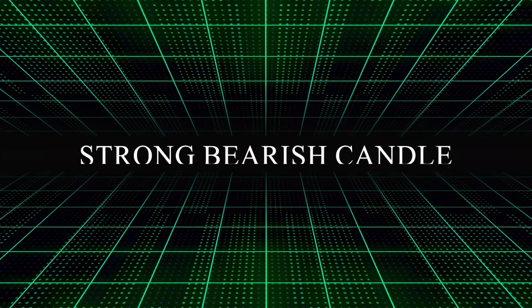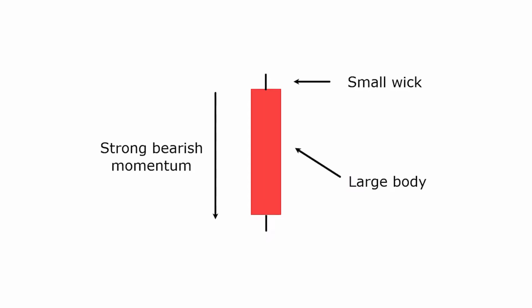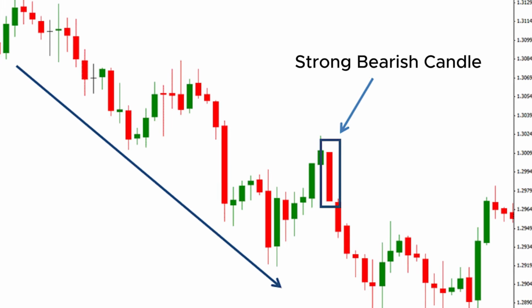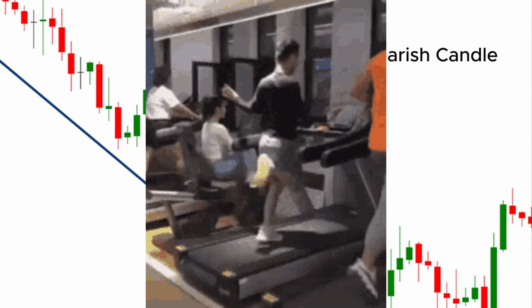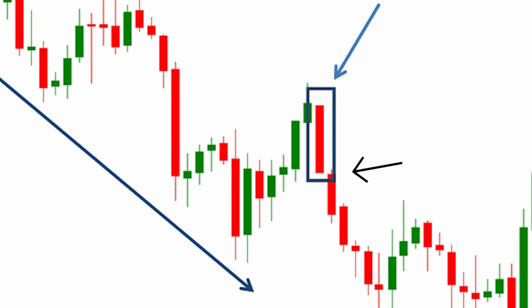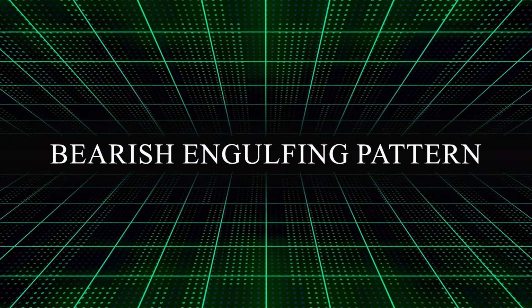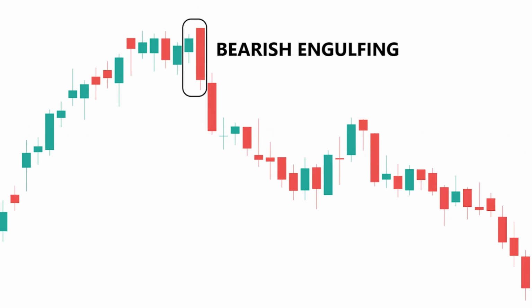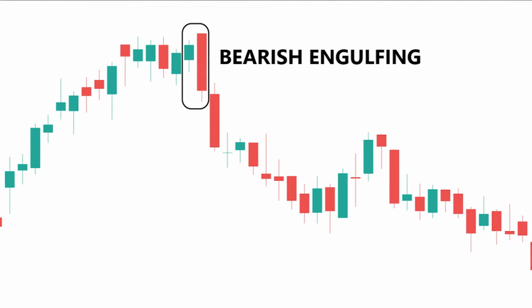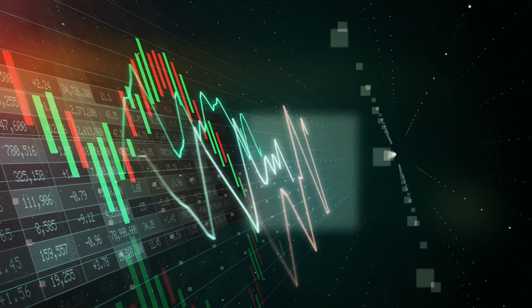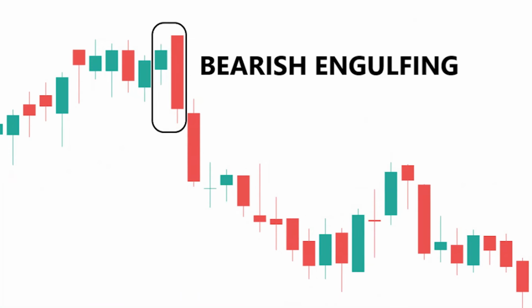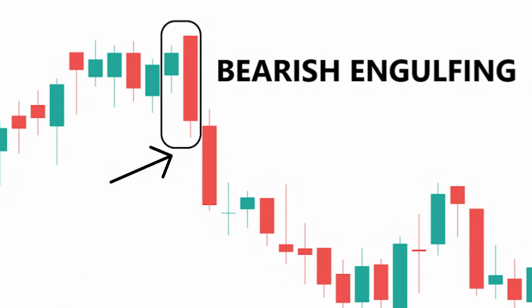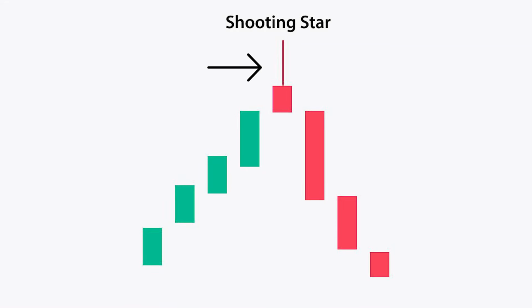Strong bearish candle: a big red candle with a thick body and small wicks. It shows strong selling pressure after the retest, like everyone suddenly realizing cardio isn't optional. When to enter? Place a sell order just below the low of this candle. Bearish engulfing pattern: a two-candle pattern where the second candle, red, fully covers the green one before it. This means sellers have taken control. When to enter? Just below the low of the red engulfing candle. Rejection candle: a small body on the bottom